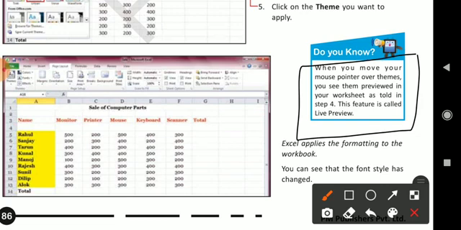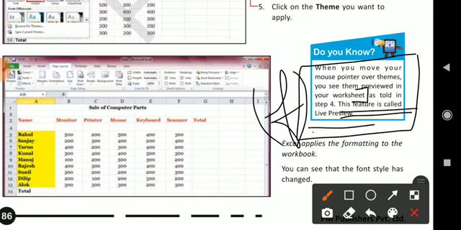You don't have to write "as told in step 4"; write till "worksheet" and after that add this line: this feature is called live preview. This is answer number F. Clear everyone? From "when" to "worksheet", and then "this feature is called live preview."